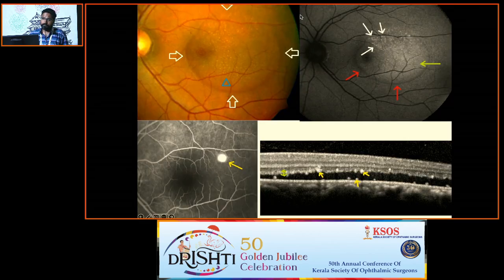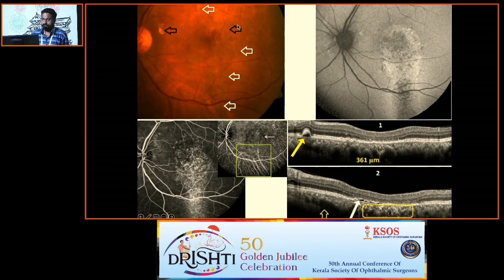This is a patient with chronic CSCR in which a large area of serous macular detachment can be seen, and within it, numerous discrete yellowish white lesions clustered together. Fundus autofluorescence shows an area of mottled hyperautofluorescence, and fundus fluorescein angiography shows an ink-blot pattern of leak. The interesting finding on OCT in these chronic CSCR patients is elongation of the photoreceptor inner segment and outer segment layers, indicated by this green arrowhead. The yellow arrowheads depict an area of hyperreflective dots seen within the photoreceptor layers. These basically indicate the deficient RPE phagocytosis function